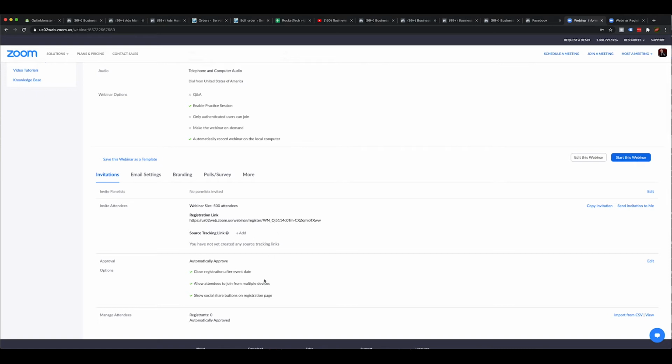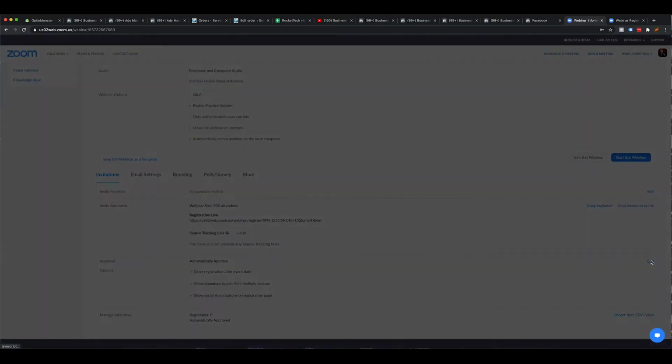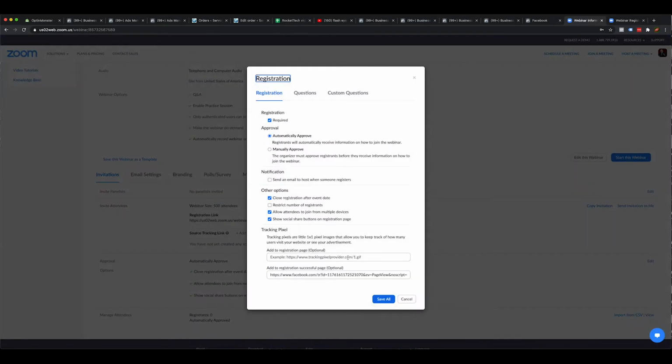Now the second way how you do it is you go back to this page, your edit page, and now copy this link again, paste it above and leave it there. But now what you're saying is on registration page view, so Facebook will track views on the registration page, but whoever is coming to this success page, we don't want to track this as page view, we want to track it as lead. And click save.